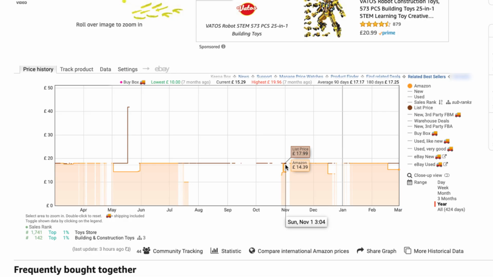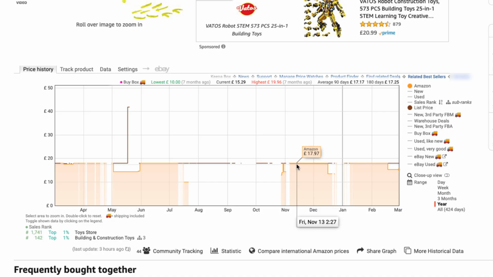So if you see a product with a low list price, just be aware that you might be able to find that product in other stores and pay that price to buy it. So it is a very good sign when you find a product with a low list price but with a much higher buy box price on the Keepa chart, because there is a big chance that you can go into Google and find that product somewhere else which you can buy for that list price and then resell on Amazon